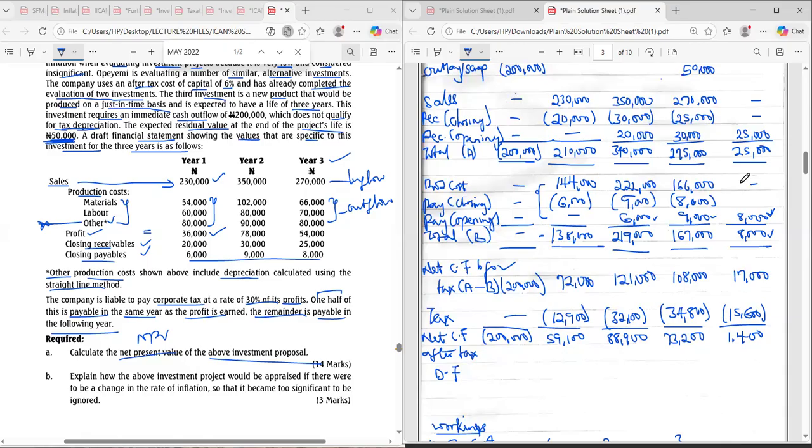I'm removing the 500,000 because your NPV only focuses on what? Cash flow. I've not paid. Is there a cash flow in something I've not paid for? Are you getting it now? I'm only focusing on cash flow. So for the one that I put receivable in brackets, it doesn't mean that payables I will not bracket. They are not related now. They are two different things. Am I making sense now? Any other question?